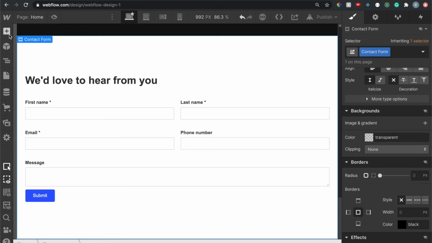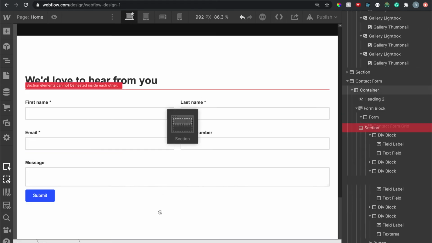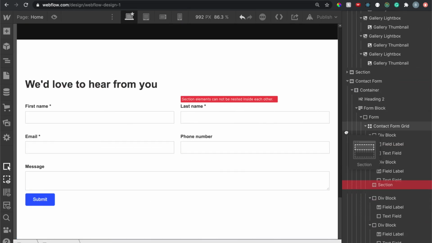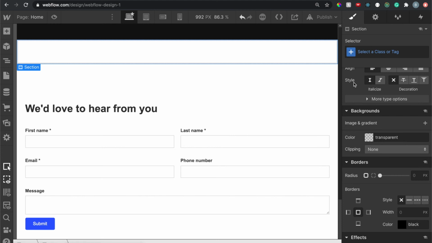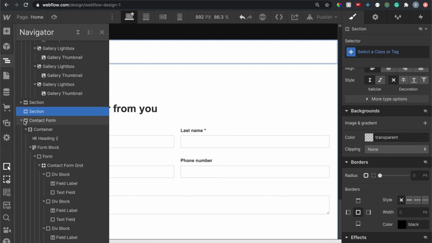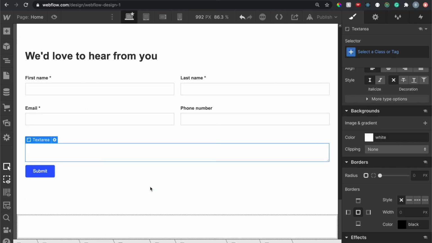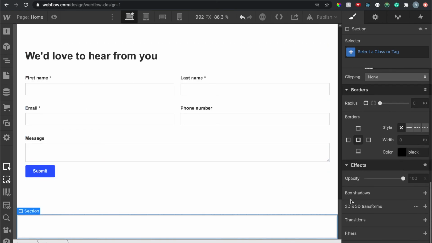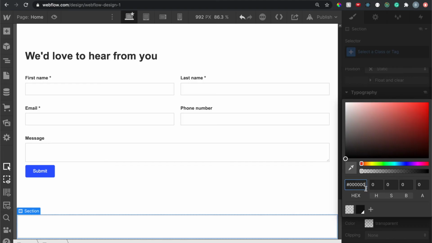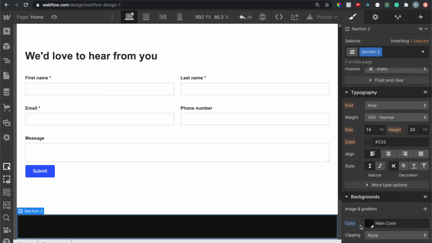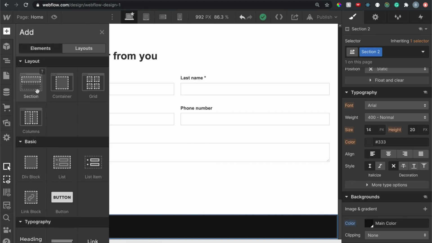And then we can just go here, click the plus sign, and add another section. Let me add it in between and then drag it, because I don't know why Webflow is making it hard for me. So drag it to the bottom, the last one. And then for the section, we can change the background to the main color. And then we can drag in a container. So let me bring this up really quick. I'll click on the plus sign here, got the container,